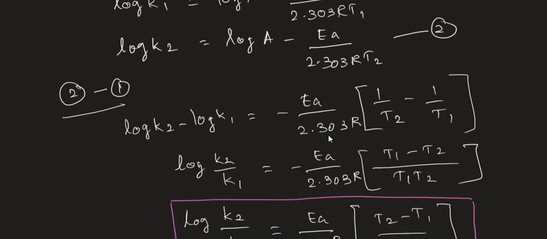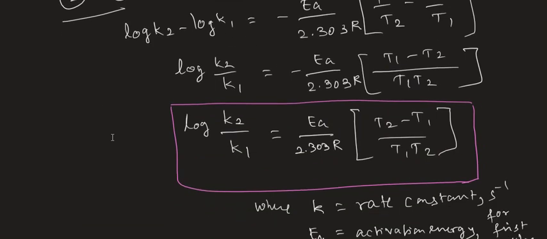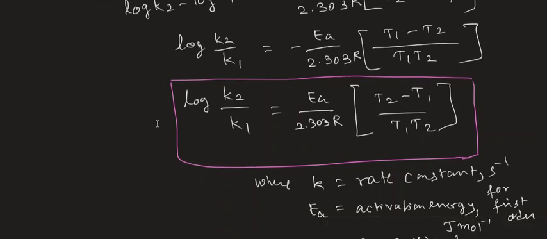Now you have minus Ea divided by 2.303 R, which can be taken outside, being the common factor. Now you have 1 by T2 minus 1 by T1. Now log k2 by k1 is nothing but minus Ea over 2.303 R into, taking the LCM T1 T2, T1 minus T2. Now this minus sign can be eliminated by interchanging T1 and T2, is it not? Therefore, log k2 by k1 is equal to Ea divided by 2.303 R into T2 minus T1, that is, delta T, divided by T1 T2,